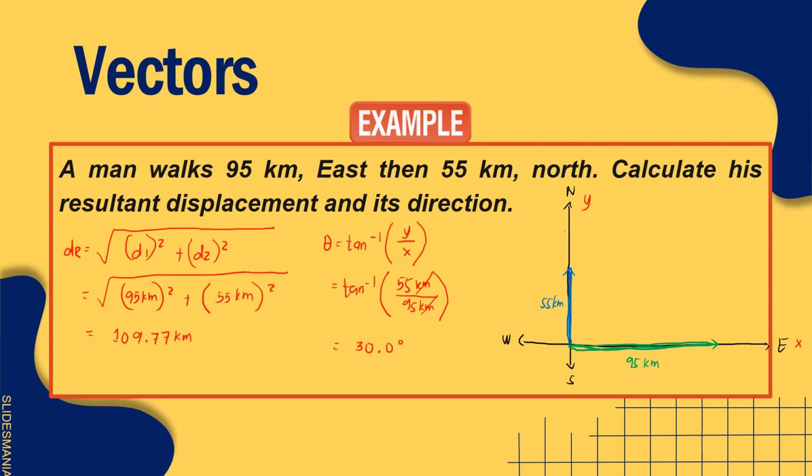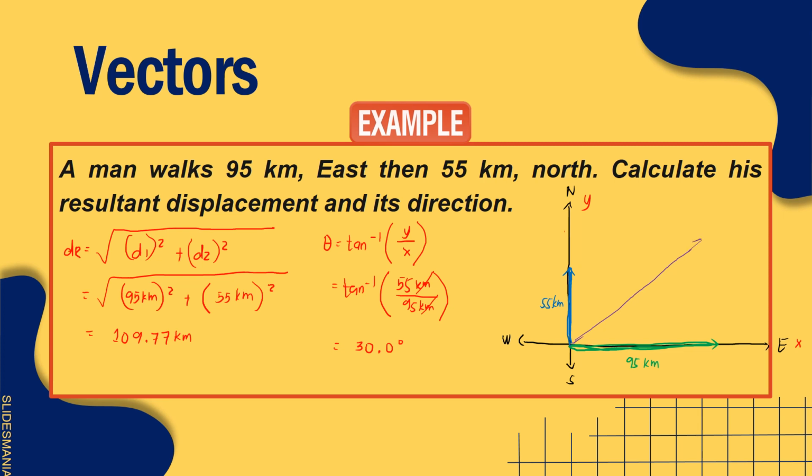Okay, so that is 30 degrees northeast. Okay, so from east going to north. I repeat, if I say northeast, it's from east going to north. So it's 30 degrees, for example. Okay, so we have 109 point, relatively longer,